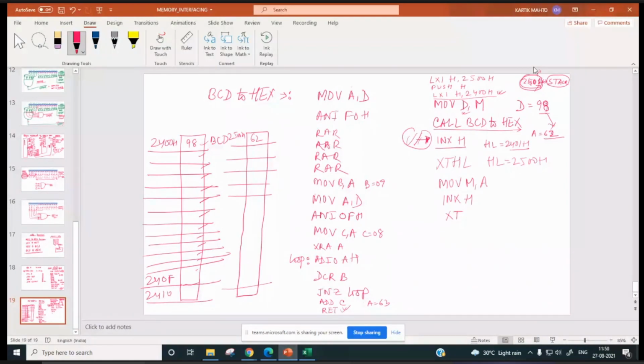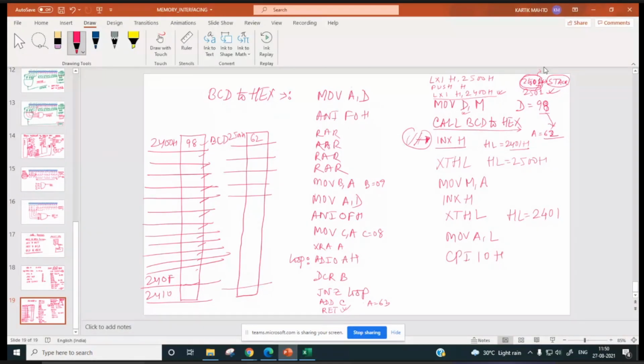So now HL will be 2401, and at top of the stack 2501 will be stored. Now we can check the L content and whether it is 10 or not. If L is 10 means all 16 bytes are over.